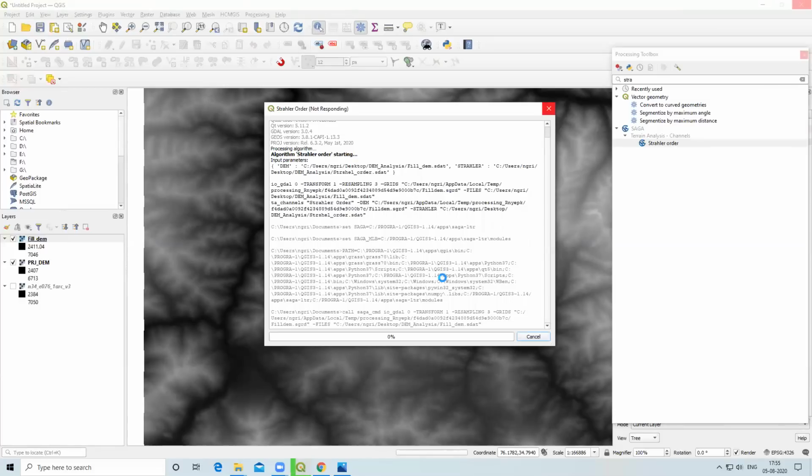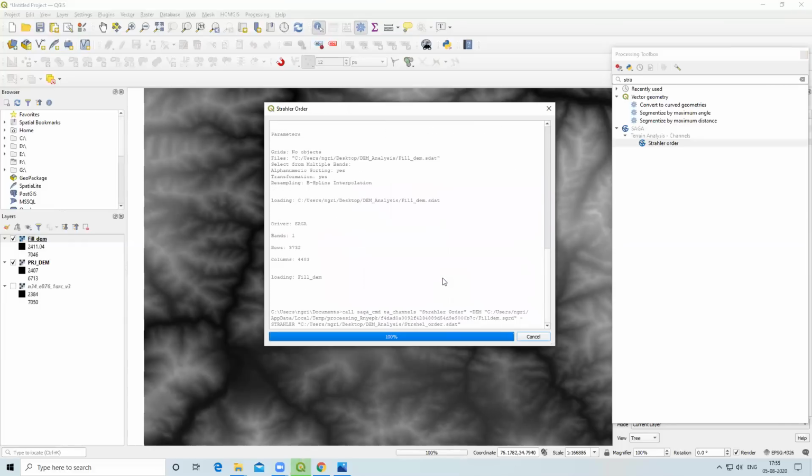There may be a number of streams in our area: first order, second order, third order, fourth order. When two first order streams meet, they form a second order. When two second order streams meet, they form a third order. As we go to higher orders, the intensity increases. So the last order in our area will have the highest intensity.